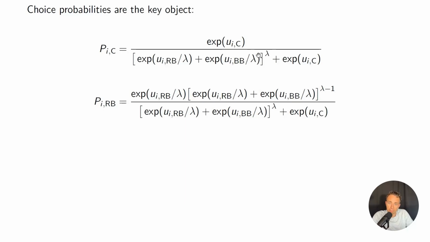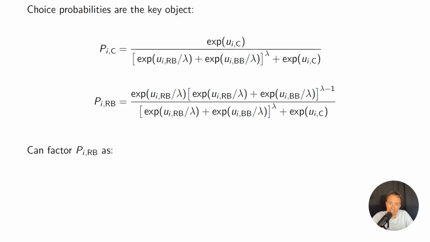And then to get the derivatives to work out and to get the properties that we need such that the probabilities sum to 1, etc., we're dividing the utility by that lambda here. And then in the numerator of the choice probabilities for one of the nested choices, we're going to have the same sort of exponential over the sum of exponentials. The only difference is that, again, to get the math to work out in the way that we need it to, we're also going to multiply by this sum of the exponentials in the nest raised to the lambda minus 1 power. So hopefully you can see there's a little bit of similarity here, but there's also maybe some counterintuitive